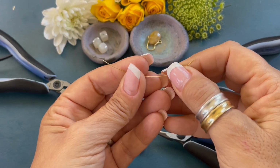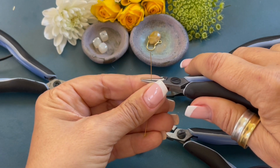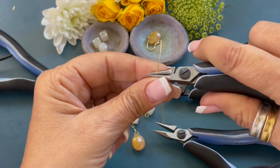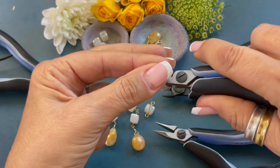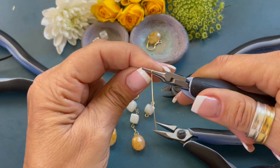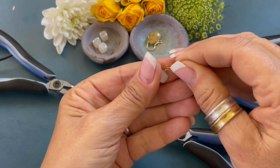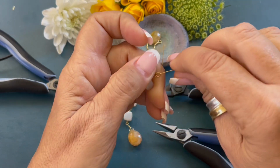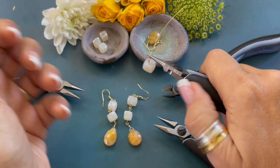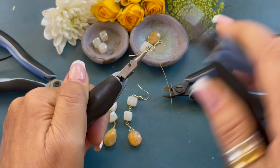Once again, we cut a 2.5 inch length of 24 gauge wire, and now we're going to make a partial wrapped loop. So we're going to bend the wire back, move the pliers up, bend the wire towards you, move the pliers to the side, bend the wire back, and we are going to remove it, and we attached it, and we're going to switch hands, and we are going to wrap